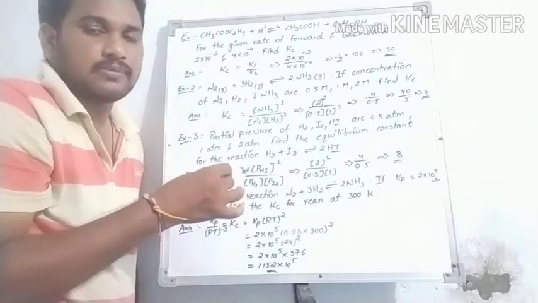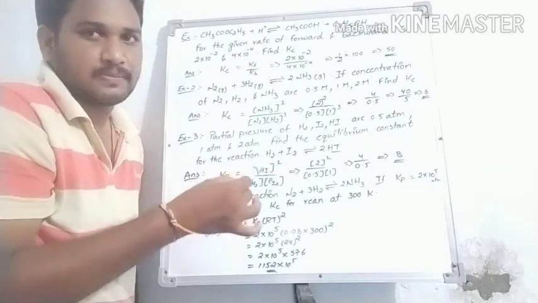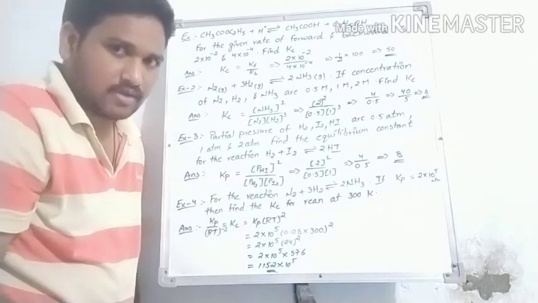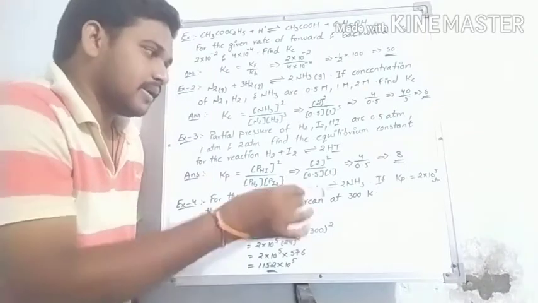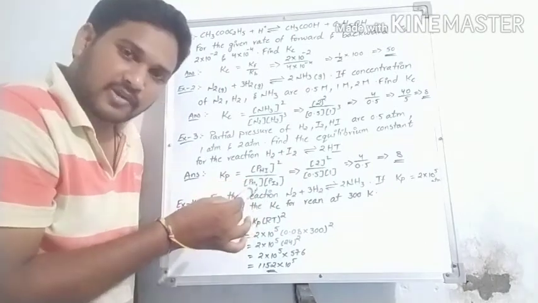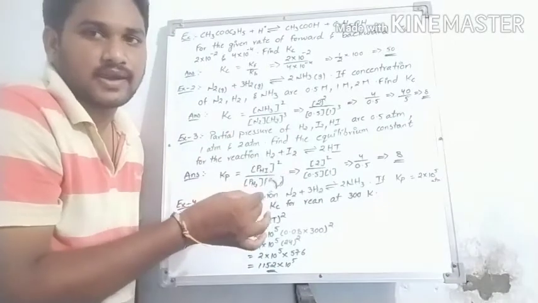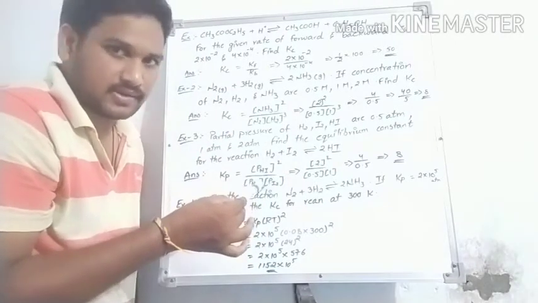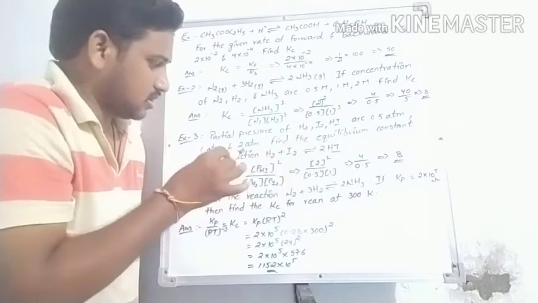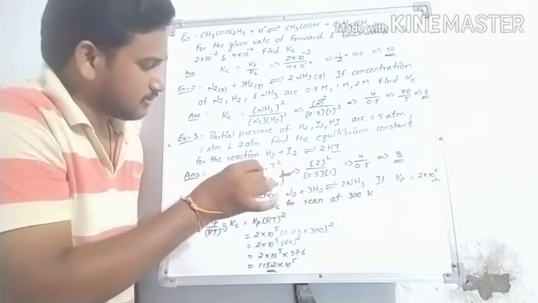Students, in the equilibrium pressure constant Kp, where Kp is equal to partial pressure of product 2 by partial pressure of reactant, already you know that, already discussed about that, where partial pressure of HI whole power 2 by partial pressure of H2 into partial pressure of I2. That is in the above reaction, written only in terms of partial pressure. Students, in the partial pressure of HI, what is the value now? Only 2 is there. That is 2 whole power 2 by